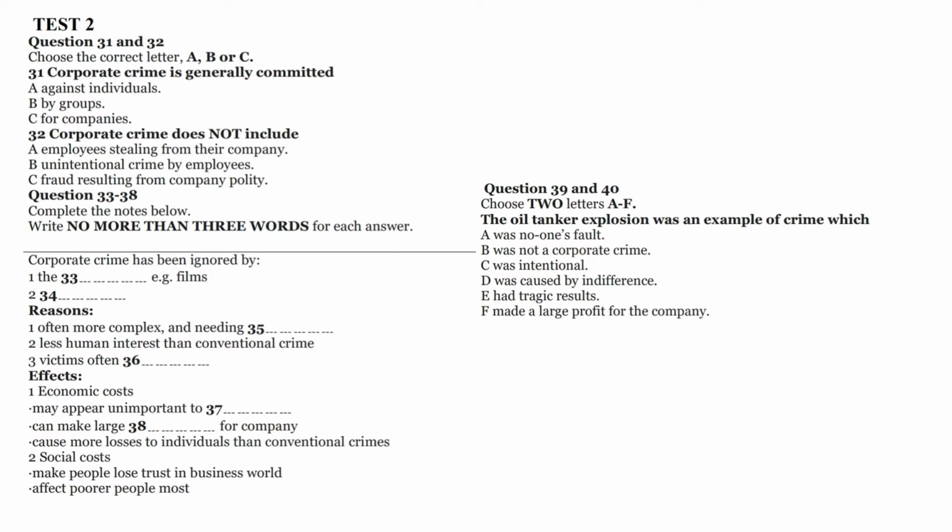And this leads me to my second point, that corporate crime can have very severe consequences. It's not just a matter of companies making bigger profits than they should do, but of events which may affect the lives of innocent people. And yet very often, companies, because they say they didn't intend to harm anyone, can avoid taking responsibility for the results of their actions, and that has been a very dangerous loophole in the law. Now, a further example of corporate crime was that